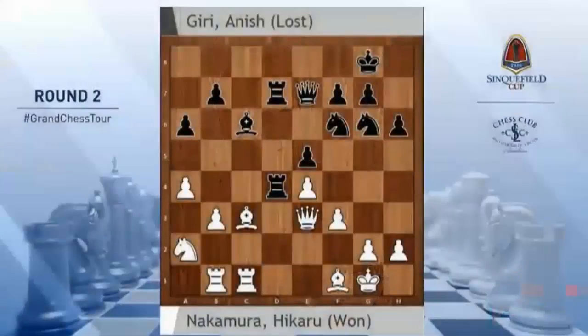Yeah, I think basically Anish misevaluated the position. He thought that he was the one playing for the advantage. So he got a little bit overambitious because the opening was absolutely nothing. Anish was completely fine, but then he started getting ambitious. And once I got the rooks on b1, c1, and then this f3 bishop e1, I definitely had the advantage. I guess I was surprised that Anish went for this whole crazy sacrifice